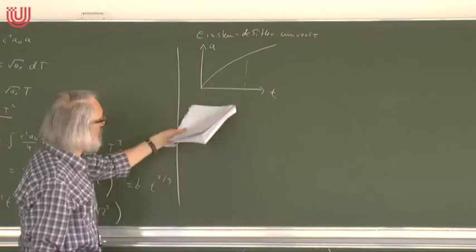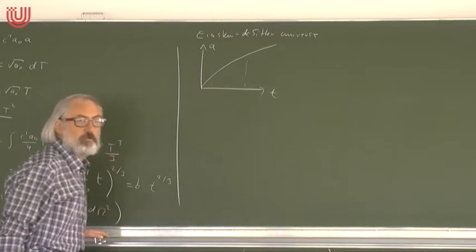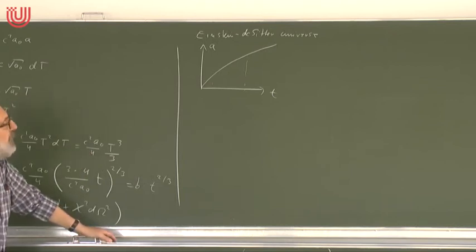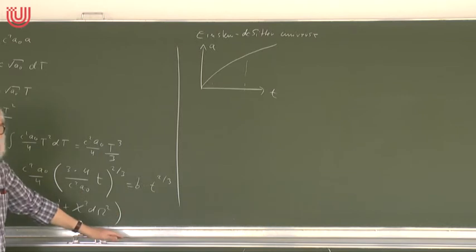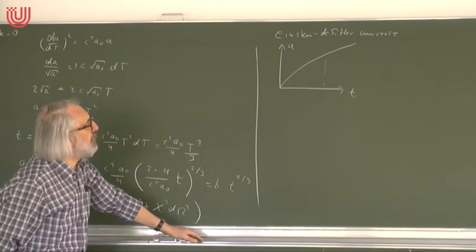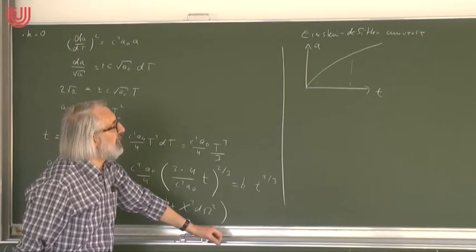Actually, we calculated the deceleration factor for this space-time, and it came out to be 1/2. Yeah, the Q is 1/2. And for this reason, many people favored this value of Q equal 1/2 for our universe. Then the supernovae 1A observations came about, and they demonstrated that the Q is actually negative. So this model is now out. Yeah? It's no longer a good model for our present universe, because we have good evidence that there's a negative